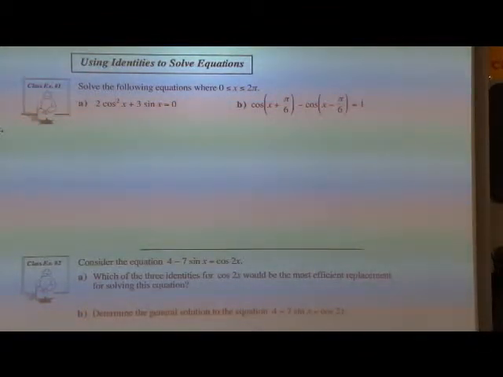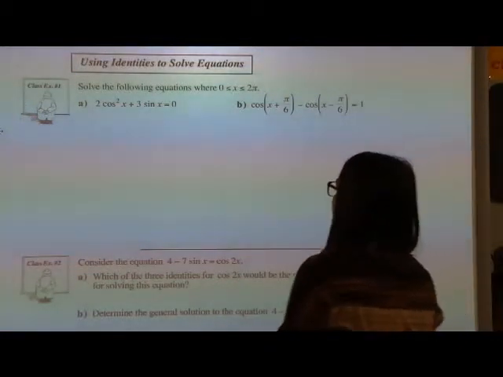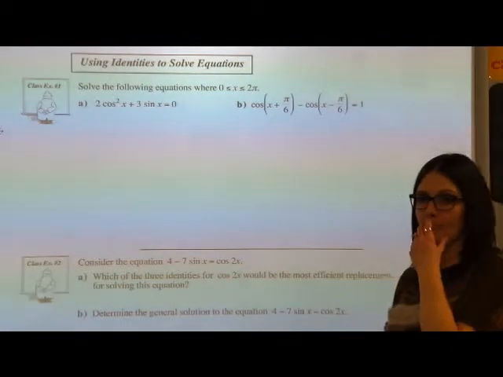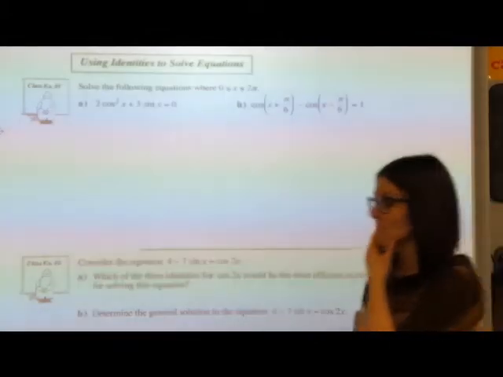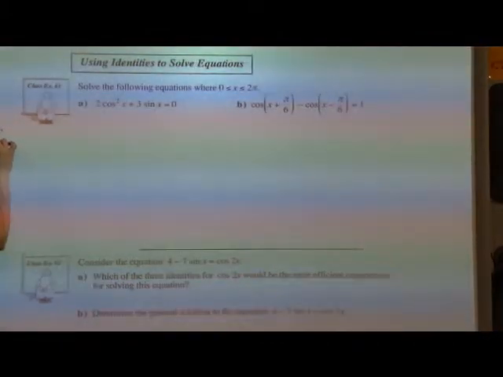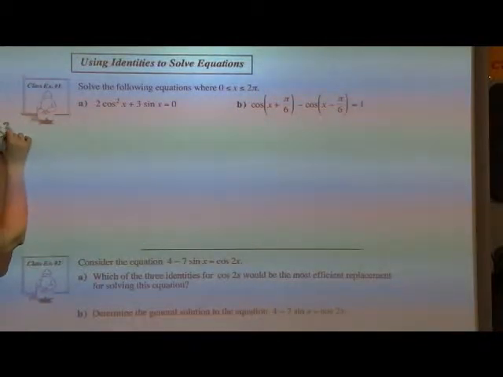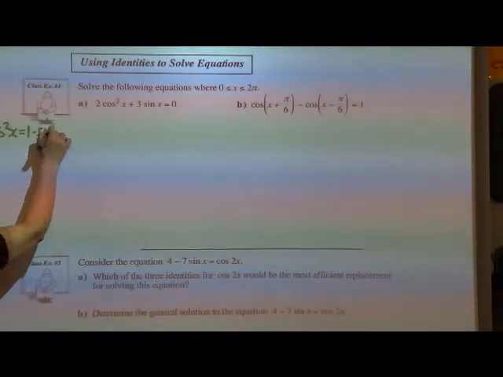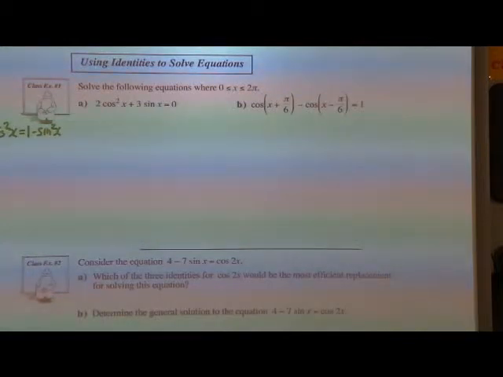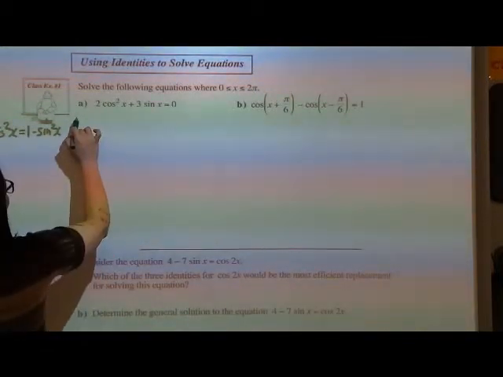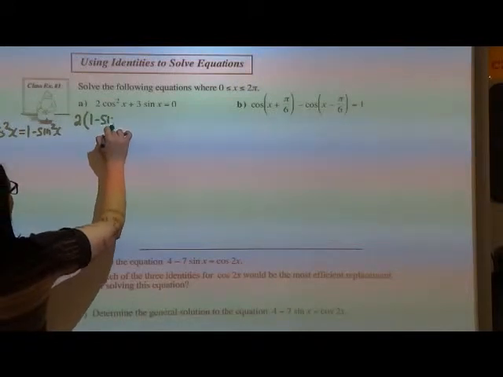Can I write cos squared x or sine x in another form? On your formula sheet, where do you see cos squared x? It can be written as 1 minus sine squared x. Right, so cos squared x can be written as 1 minus sine squared x. I can rearrange the Pythagorean identity. So if I rewrite that or put in that substitution,